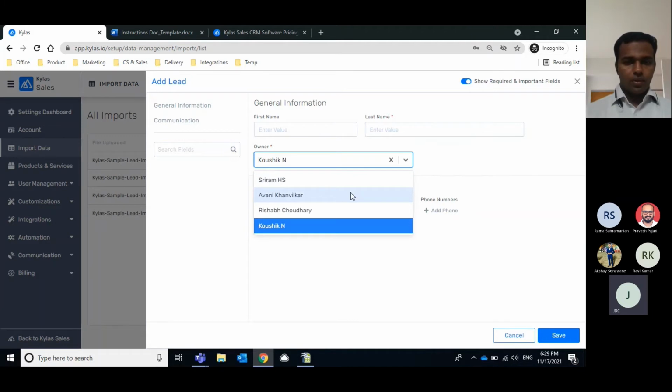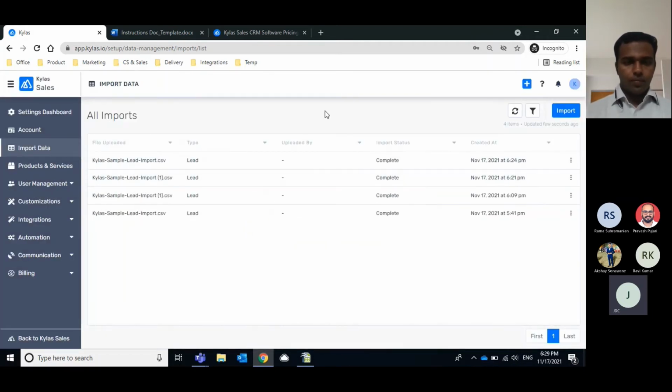So when is it going to happen? Because we are planning to onboard very soon, and I have approximately 500 plus inquiries. So it will become a huge uphill task for us to upload the data in the CRM. It will take a long time. Yeah, it could be automated. The exact release dates will be communicated to you by the CS team very soon after this. Okay, so I can assume that right now it is not possible. We'll have to do it manually.